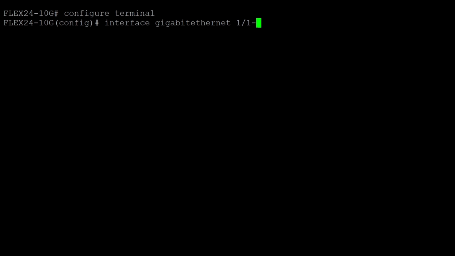When configuring jumbo frames on the 10G managed switches, we can use the configure terminal command to enter global configuration mode. Then, we can use the interface gigabit Ethernet command, followed by the ports we would like to affect. Given that we are trying to use this over all ports, the command will be interface gigabit Ethernet